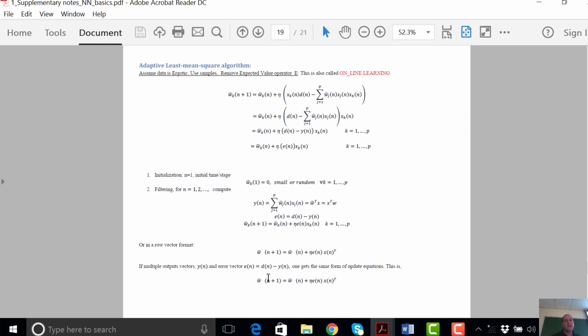So in this case, the error is going to be a corresponding vector to the dimension of the output, and I can write this in the same format: a matrix at time n plus 1 or stage n plus 1 equal to the present matrix, and that's how I update it. This product is called an outer product,